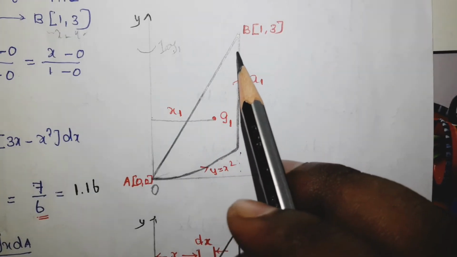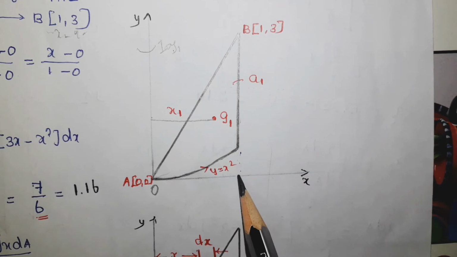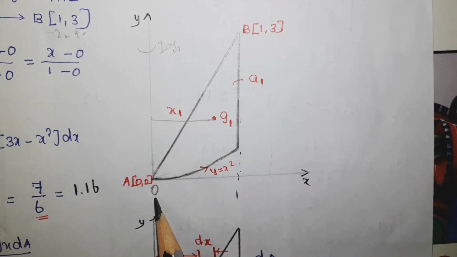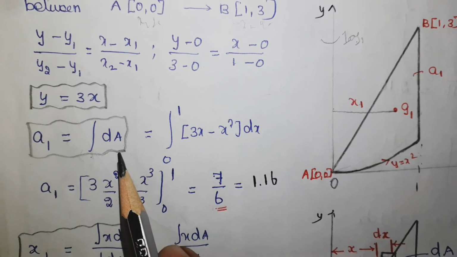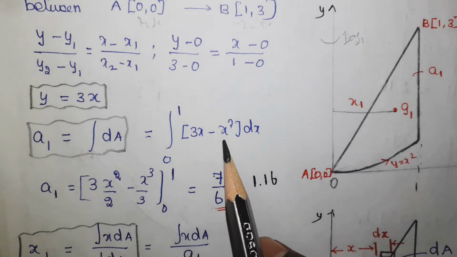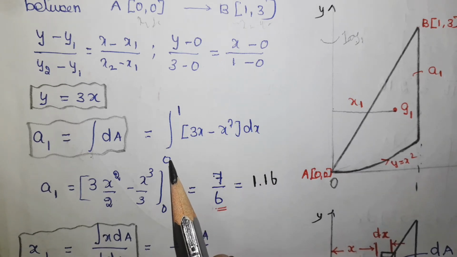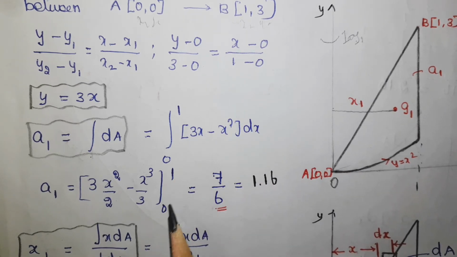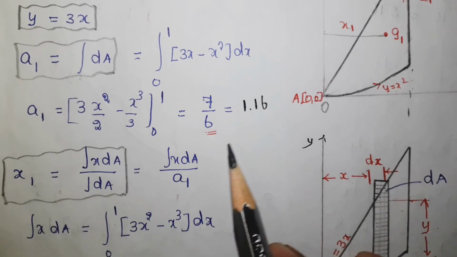Okay, so the 1 is referred from this one. So this is the upper limit where x equal to 1, here the lower limit where x equal to 0. Now the dA will become like 3x minus x square into dx, and here is the limit 0 to 1. Integrate and substitute the values. Finally the A1 will become like